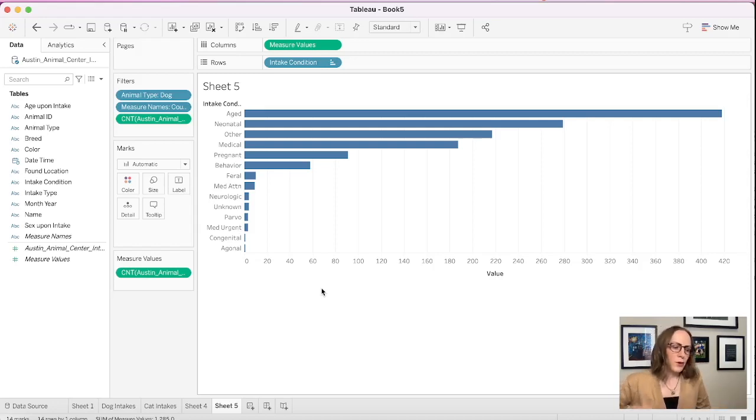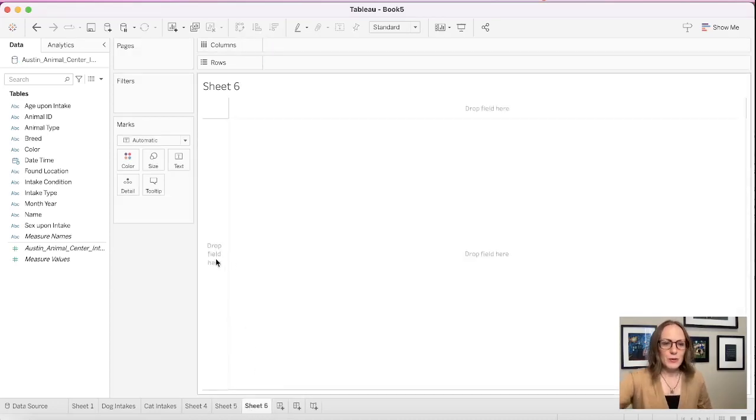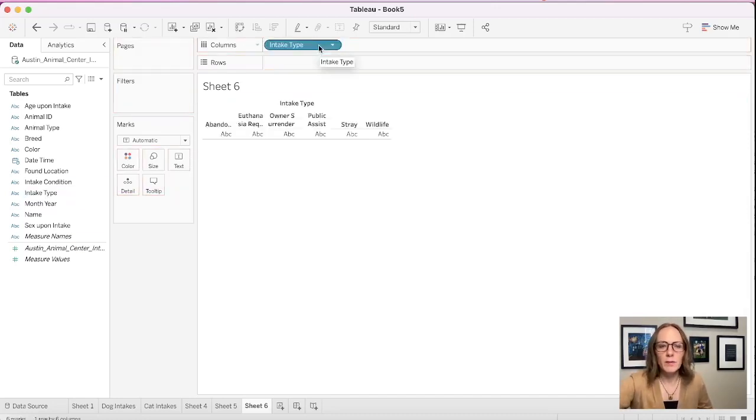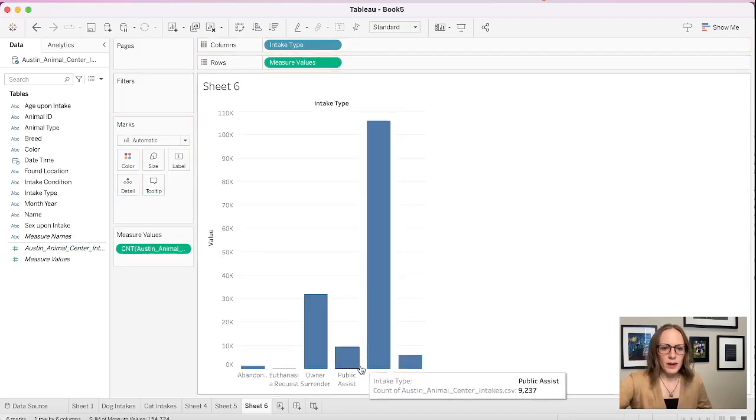And so we've looked at intake condition. Maybe next we could look at intake type. And I know if I was doing this to share with someone or even to keep for myself, I would want to be labeling everything so I was keeping track of what I was doing and being clear. But if I make a new worksheet, maybe instead of intake condition, I want to look at intake type. And maybe to mix it up, this time let's put the type in the columns and we can make a vertical bar chart. So now let's put measure values in the rows,